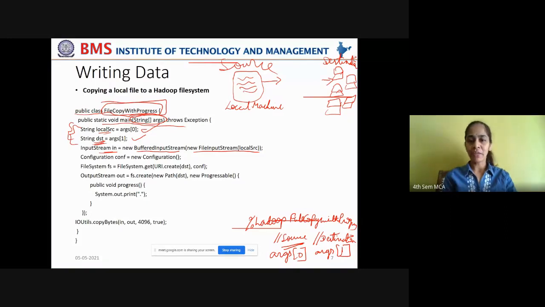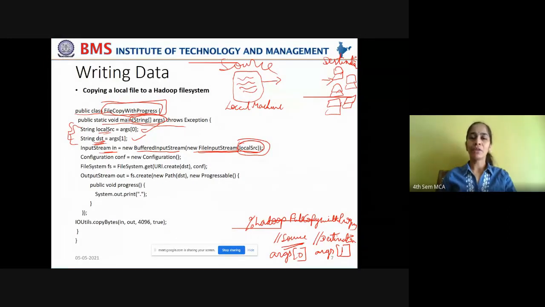Okay, understand this carefully. Now, what parameter are you passing to FileInputStream? You're passing a local file path. To that local file path, you're opening a FileInputStream. Why do you require FileInputStream? To read the data from the file. From which file is the data being read? Local source.